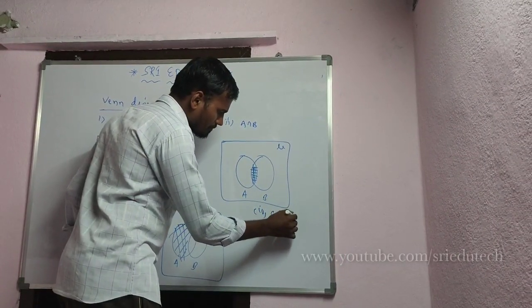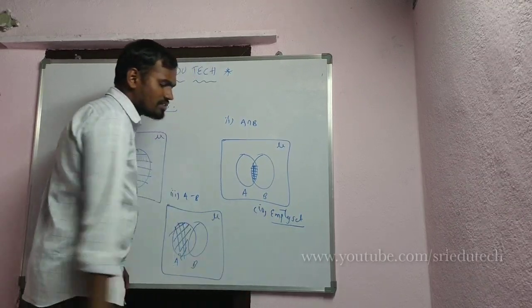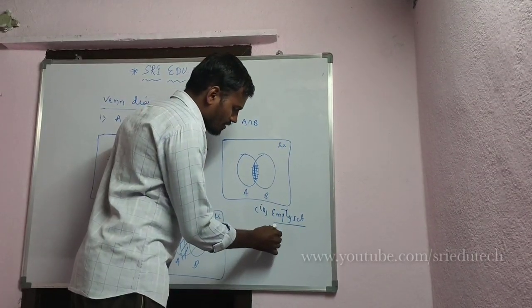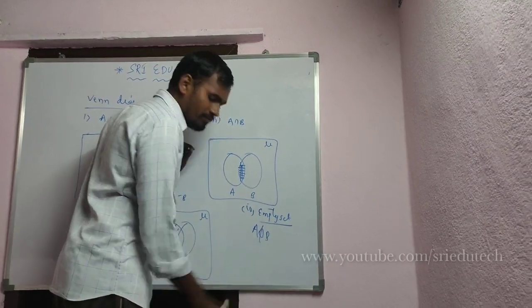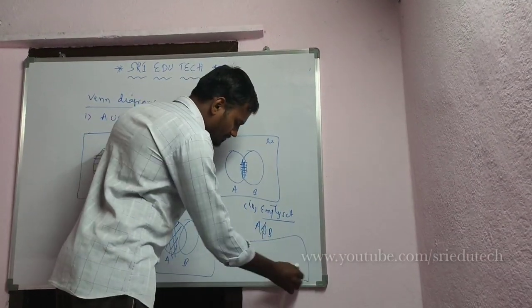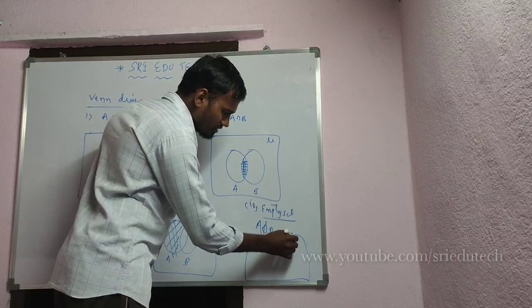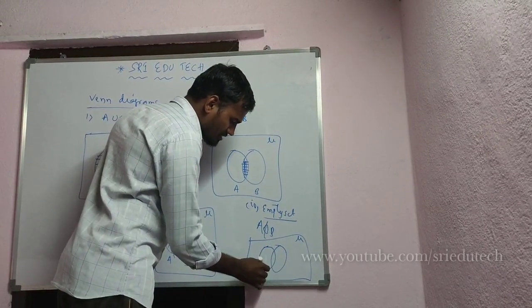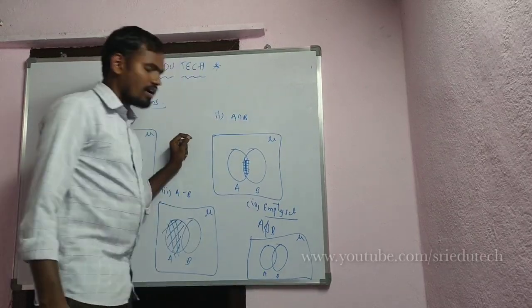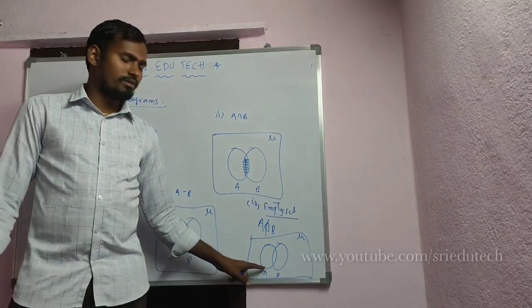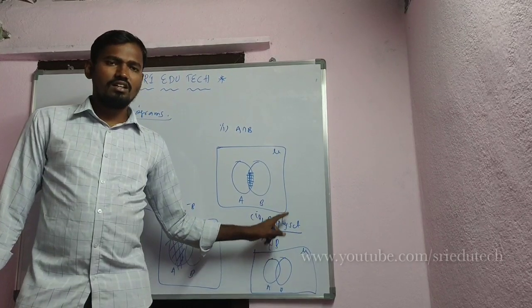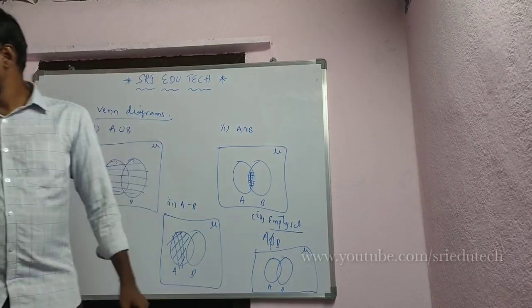Right, next, number 4, empty set. Empty set means, you know already, A intersection B is empty. So same, draw a box, write here mu, then draw the 2 sets. This is A and this is B. We shade nothing because it has no elements, because this is an empty set. Right, this is the Venn diagram sum.